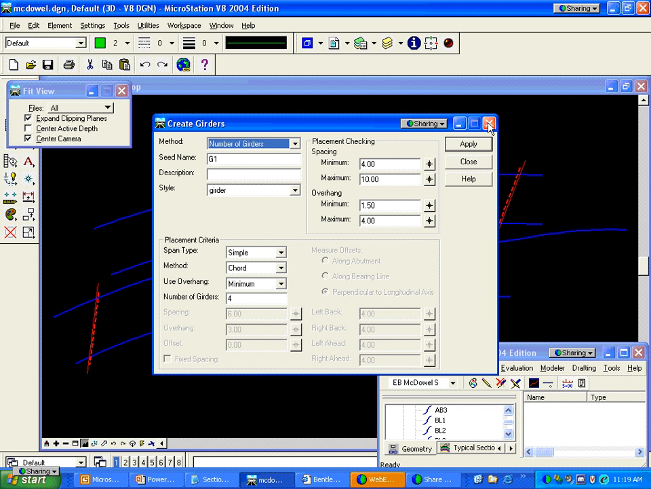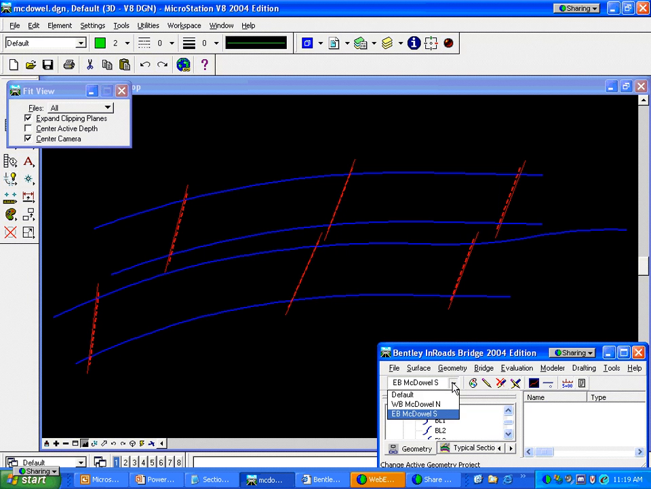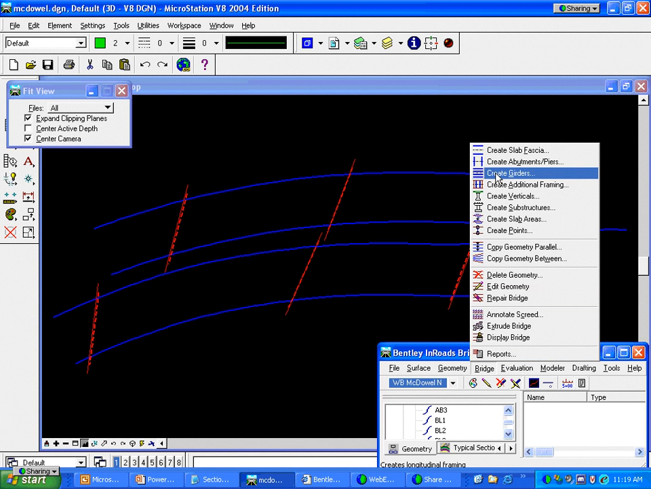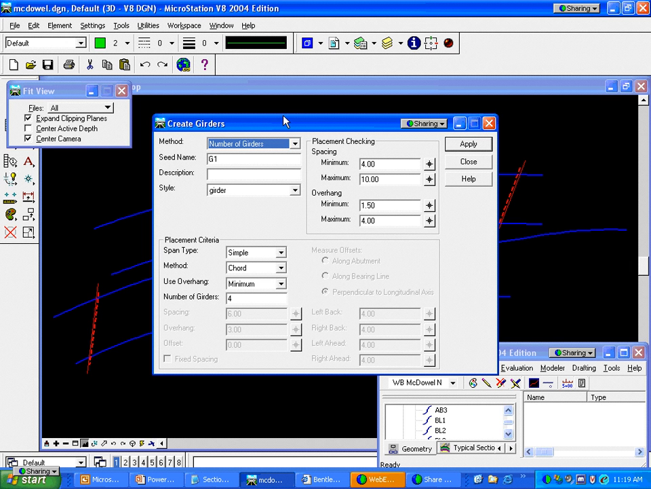Alright. So I'm going to lay out some girder center lines first. I'm going to switch back to my westbound bridge. And this is a pretty simple bridge. It doesn't have all the geometric complexities that the eastbound bridge does. So I'm going to just do some simple layout on this one. And we're just going to say that we're going to have 8 girders on this bridge, and I've specified some minimum and maximum spacings and some minimum and maximum overhangs. When I hit apply,